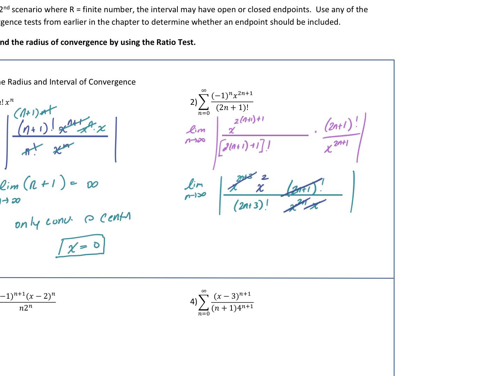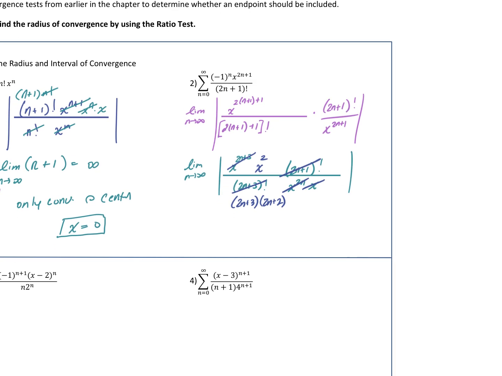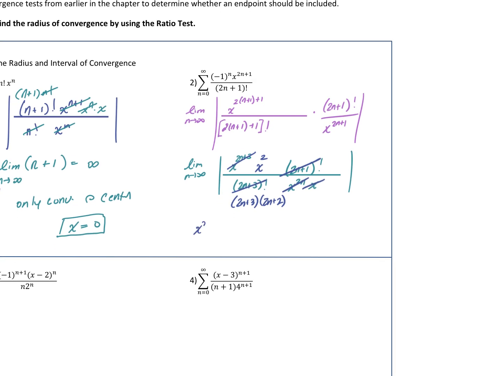So this cancels with this factorial. We get 2n plus 3 and then 2n plus 2. So I'm going to take out my x squared. So we're left with 1 over 2n plus 3, 2n plus 2. We know that this goes to 0,